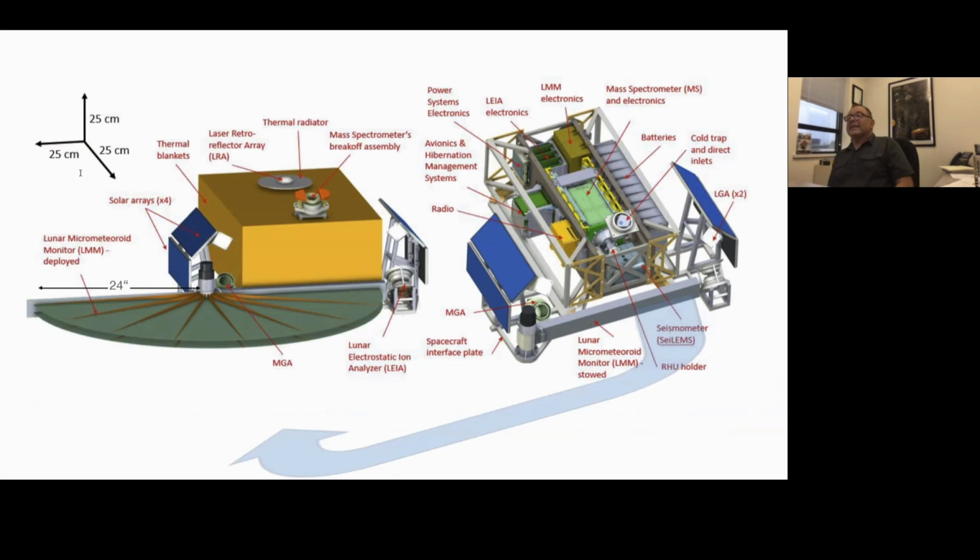This is a possible implementation. Of course, a large surface area, like half a square meter, you cannot launch on a spacecraft. It's way too big. So you could think of a deployable structure. This would be on a rover, for example. The 24-inch semicircle deployed version is on the left. You could see the 2 films, 6 micron, a thin film on the top, and the thick film, 28 micron on the bottom. And on the right, it's in a stored configuration that would allow you to launch and put it on the rover and then deploy it on the lunar surface. So my last slide, I believe,